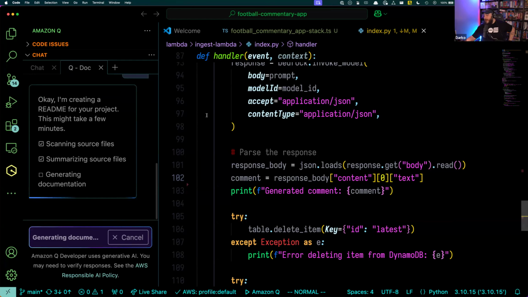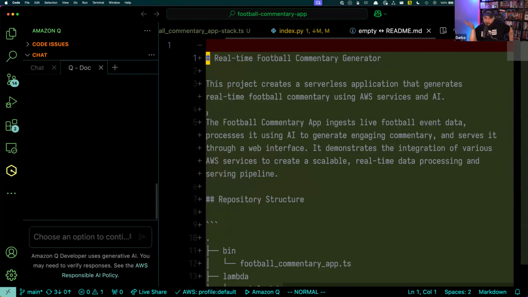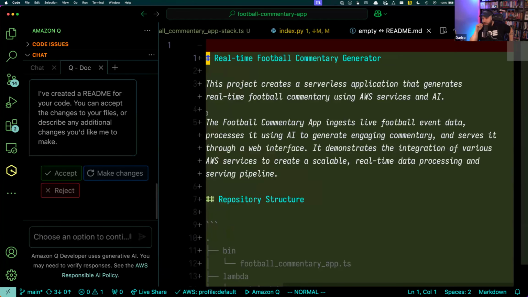Sometimes I've seen it actually generate troubleshooting details, like, oh, what if this happens? Or what if that happens? Which I didn't even think about, like, oh yeah, sure, I guess that would work. So yeah, let's give it a second. It takes a bit. And what's fascinating about doing demos in front of people with generative AI is I have no idea what the output is going to be. So okay, look at it.